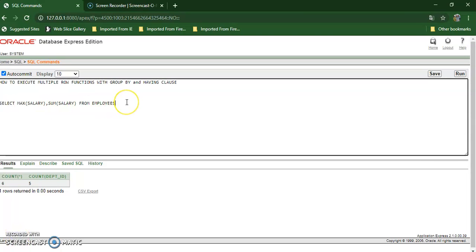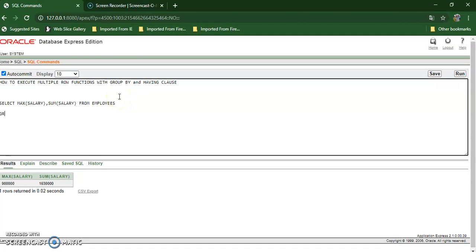As we know how to calculate max and min and sum values for any column, but here I want to display this result group wise. Means total 3 departments are there. I want to calculate maximum salary department wise. Means department 10 is having one maximum salary value, department 20 is also having maximum salary value. Then how to write such a query? So for this type of a query, we have to use group by clause.